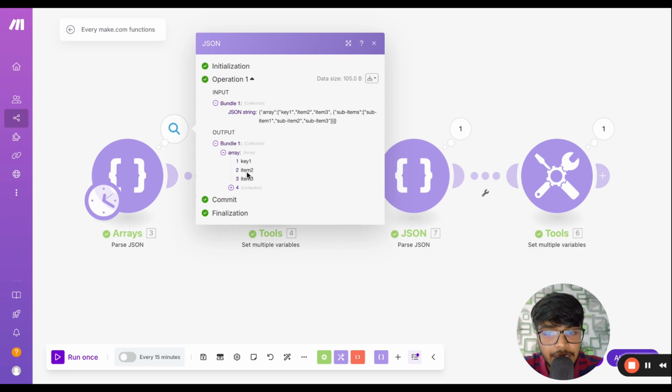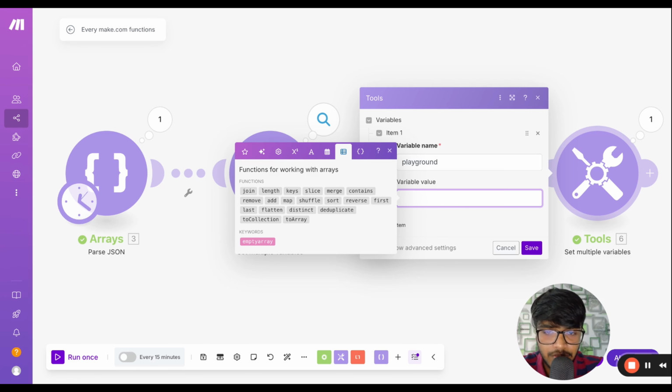Now the next function is again very important, because I'm using this more often nowadays, which is the merge function. What this does is merge two or more arrays into one array. So let's look at how this works. We have this array, and we have